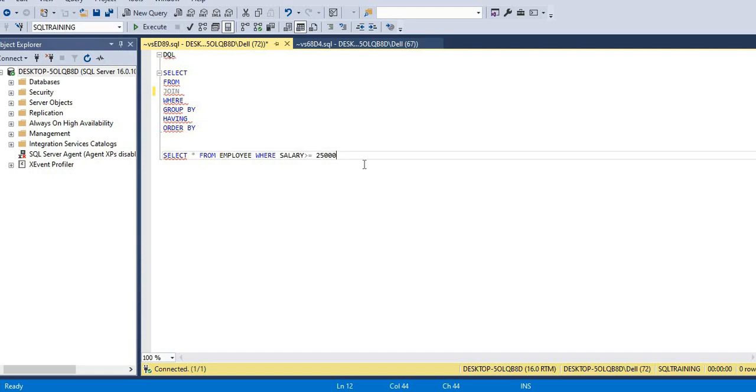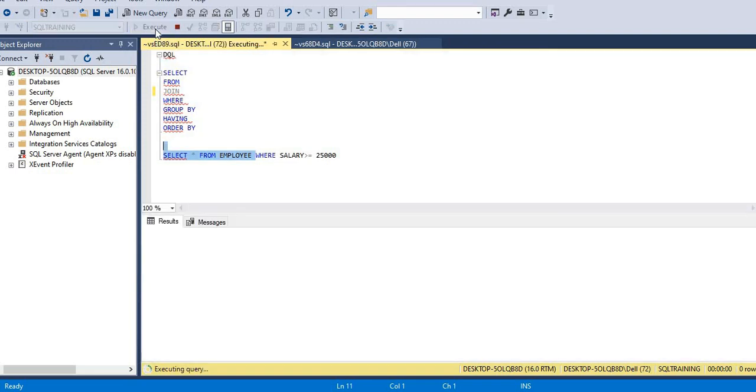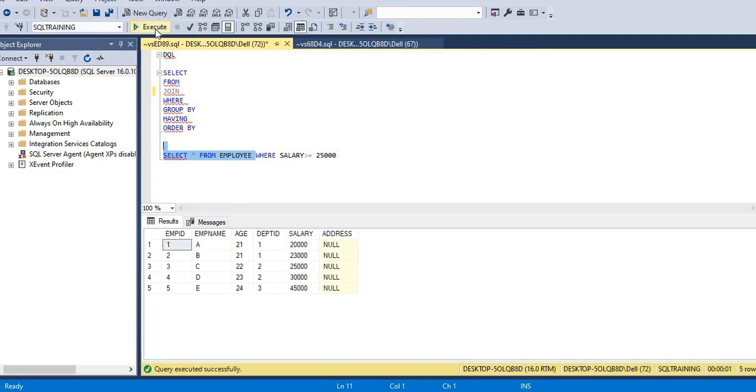Okay, so let me put the select star of the table which we have created already. So these are all the records we have. These 5 rows we have inserted in it. So let's write a few more simple queries using this where condition alone, and then we will move to the